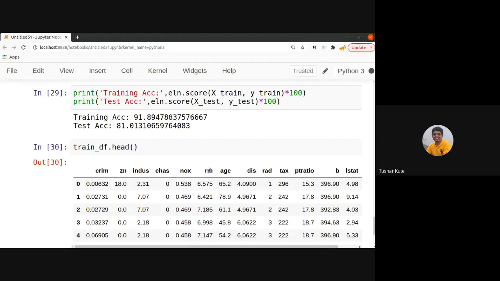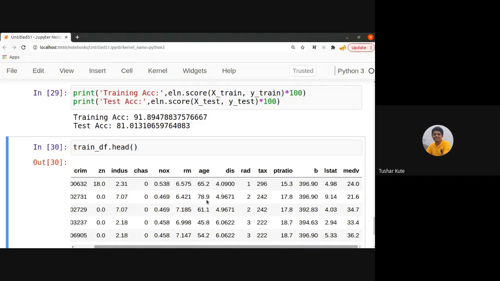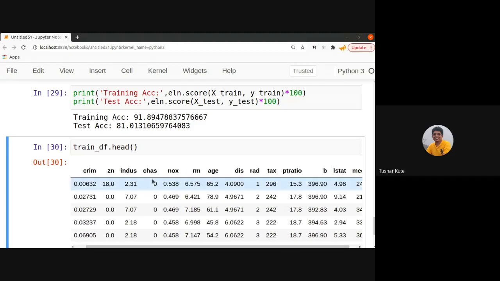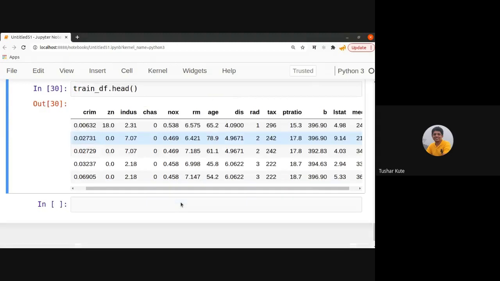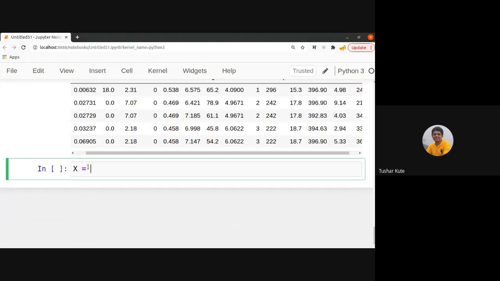So number of rooms can be the input variable RM, and the MEDV, which is the last column, is the output variable. Let's consider RM against the MEDV. So in X, I will keep the RM.